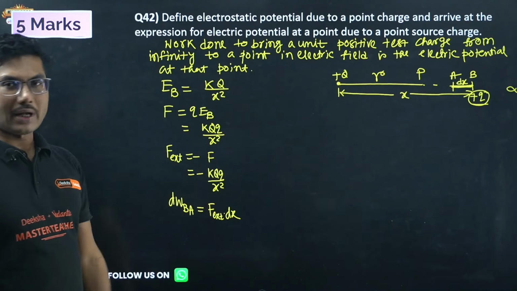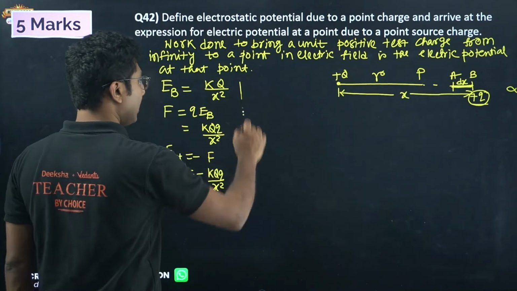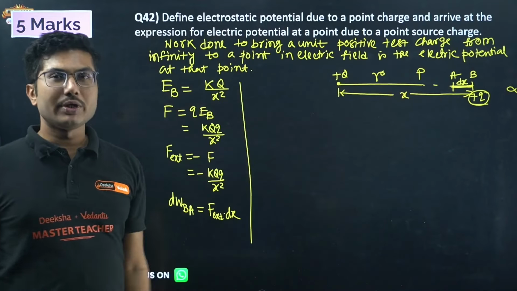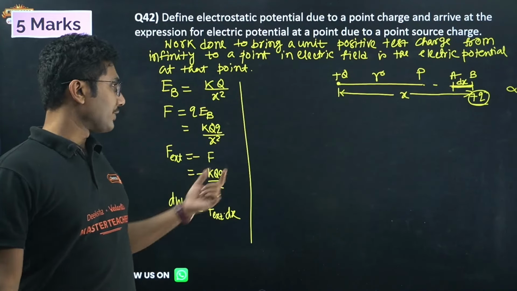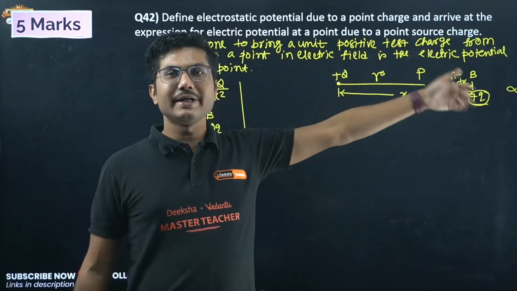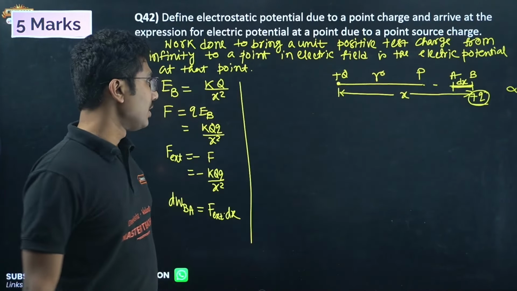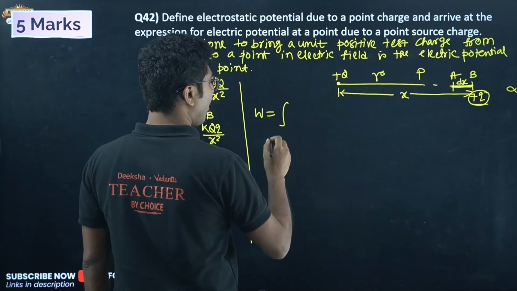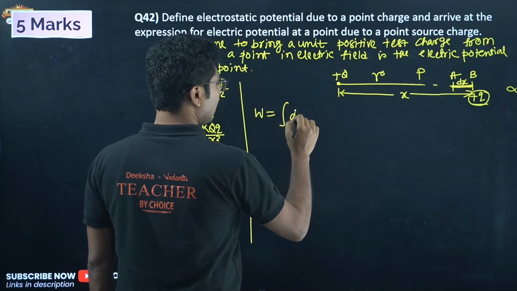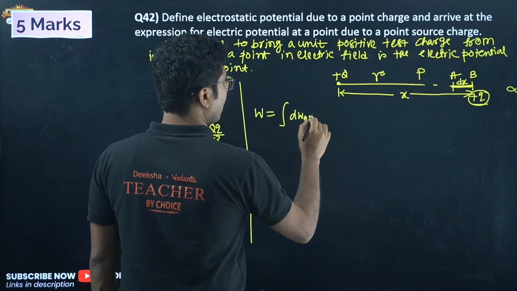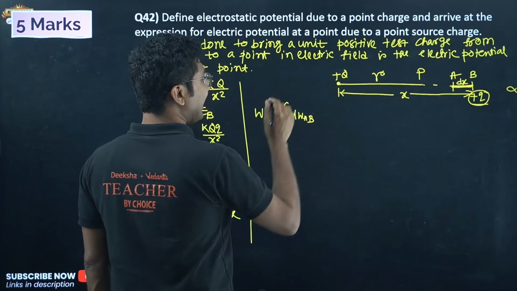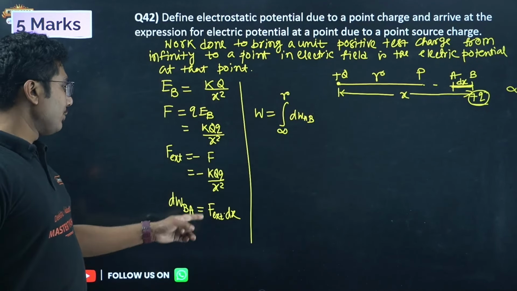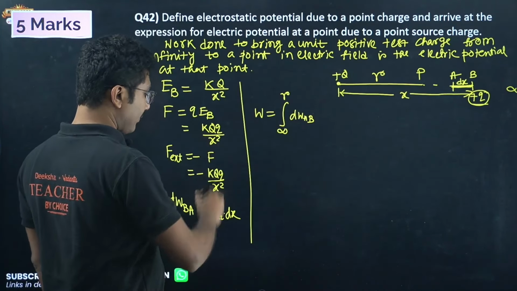So work done we have calculated. Now this is only for small work done to bring it from B to A. Now we have to extrapolate this equation, and we have to start at infinity and come back to our destination. Okay, so the total work done is given by integration of the small work done. Starting point is our infinity, ending point is at a distance r. Okay, now we will simplify this one by one.